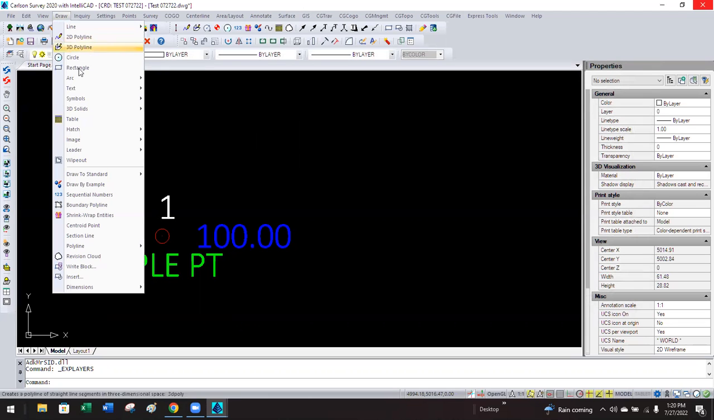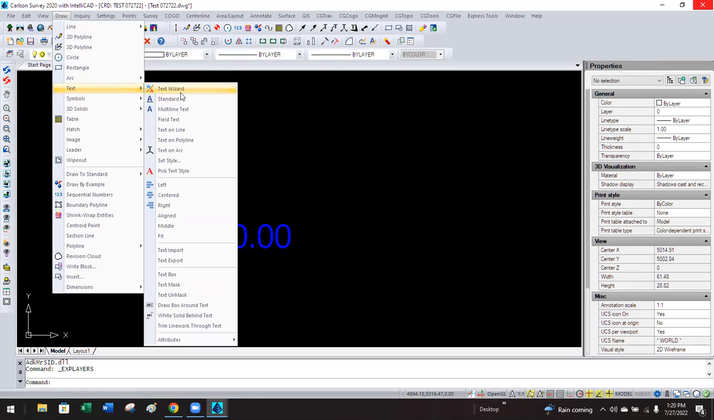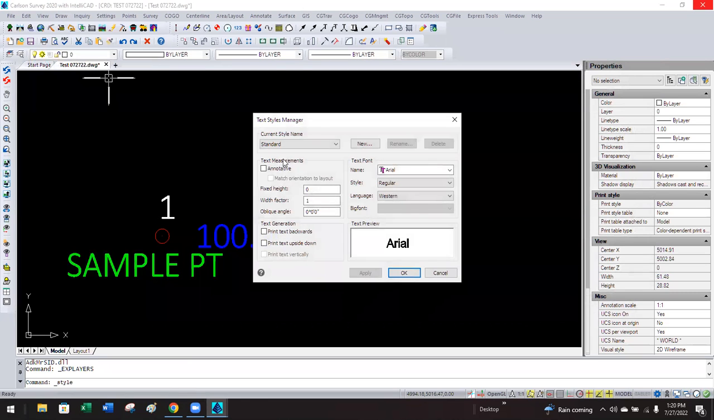So let's look at the other way that that command is done, through the Draw, Text, Set Style. And this is the same way. We've got Standard and PTXT, and you see the font name is here, where you can do all of that stuff that I did in that other dialog over here with the layer control. Okay. All right, so